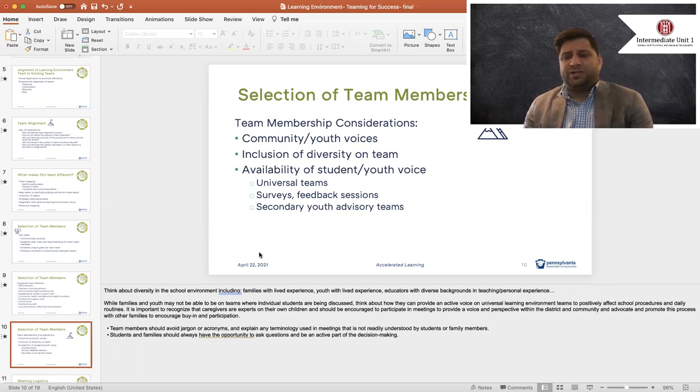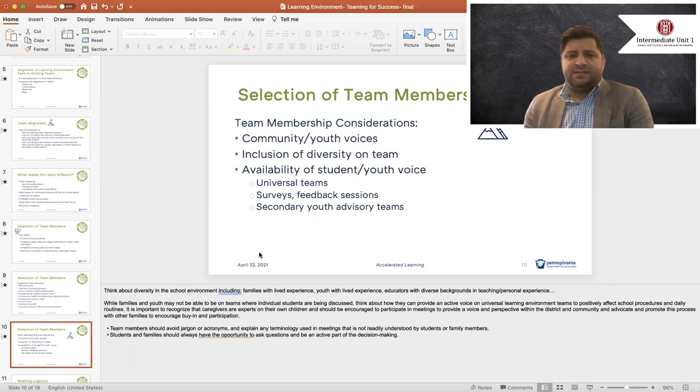Again, we do understand that there are confidentiality concerns with having family, but maybe you set aside a monthly meeting or a quarterly meeting or whatever it is, where you're not discussing individual students, but you're inviting this family representative in to discuss the family view of how the process and procedures are going, family concerns that they might be seeing. And again, they're your pipeline to the other family members in the community and in the school.